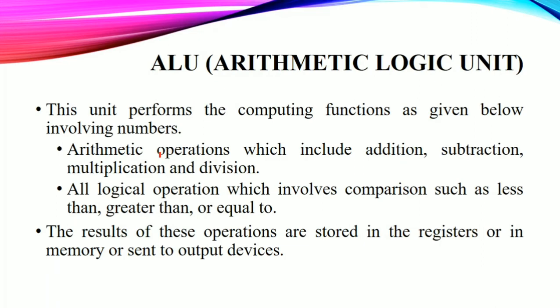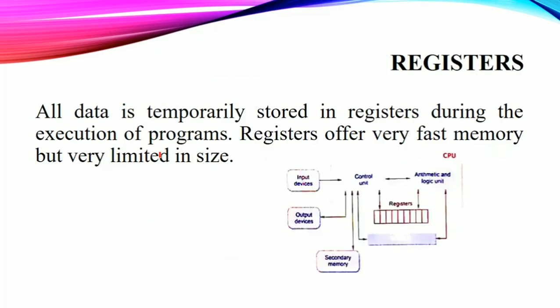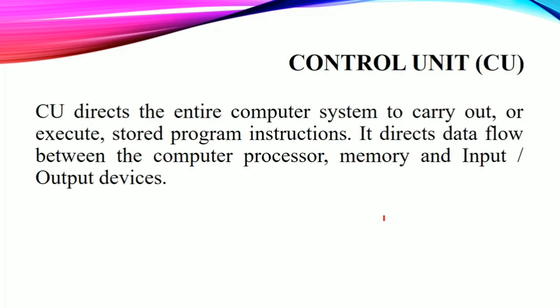This register is a piece of memory. Now we have to discuss the register. All the temporary data in our computer is stored inside a memory. That piece of memory is termed a register, and this register is already available on our computer's motherboard. Because it is inside the motherboard, it has a very small, very limited size, but it's a very fast memory. So every operation that your computer processes will use the register for intermediary results. Then next we have the control unit.